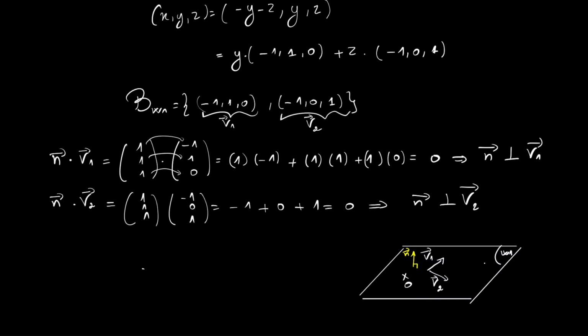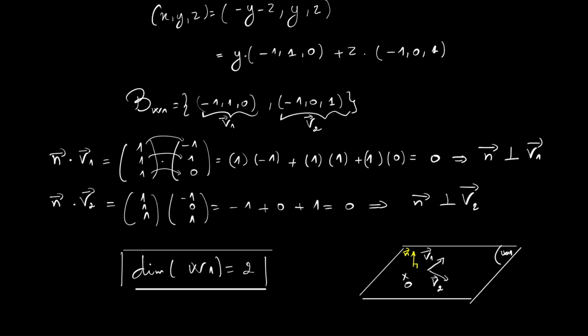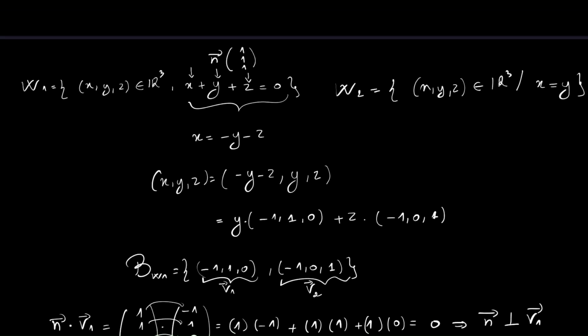Because there are exactly two vectors in this basis, the dimension of W1 equals 2, which is the number of vectors in the basis. Let's apply the same thing with